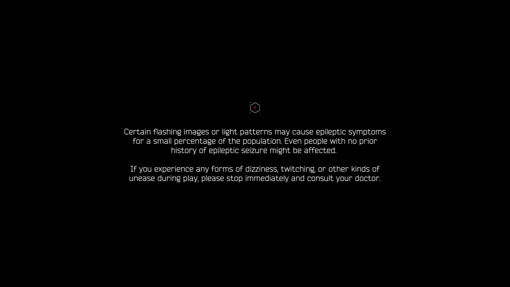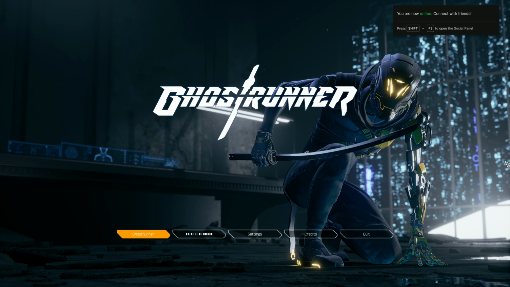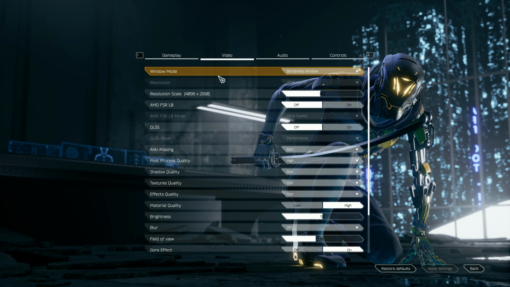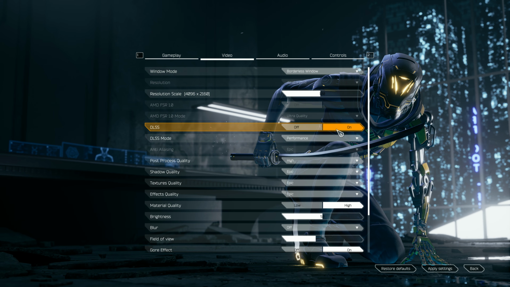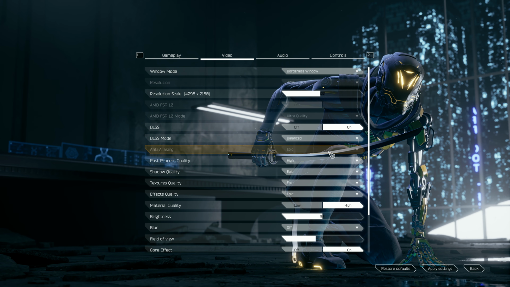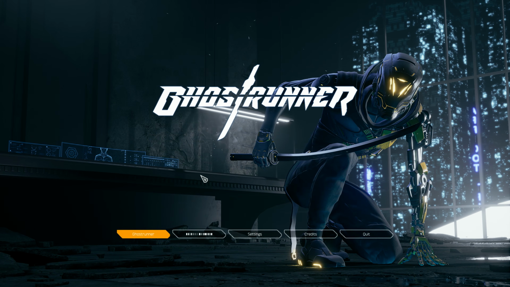Right, remember I had about 45 FPS last time. So I go in and I go to settings and I go to video, and you'll see that DLSS is now able to be selected. So I go to DLSS and then we can do balanced, and then apply, and then if I reload the game,